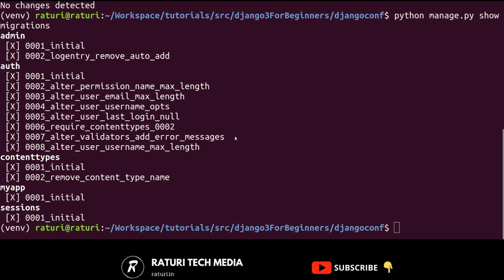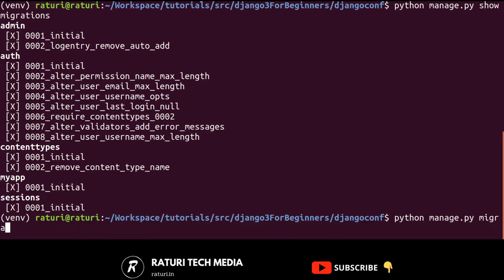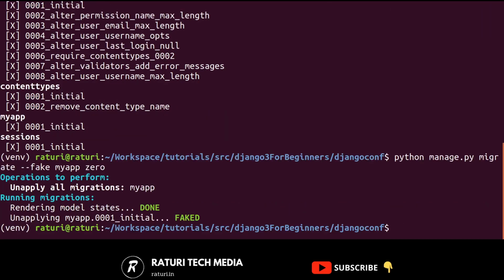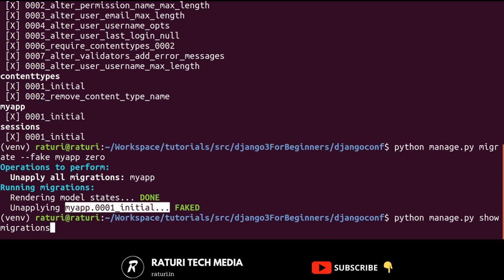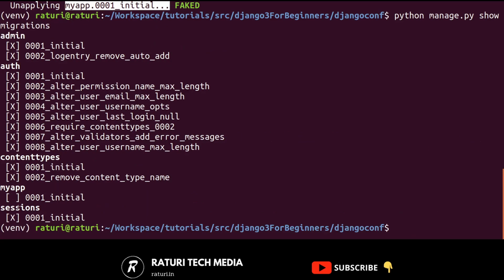Now let's remove the migrations using the command python manage.py migrate --fake, then the name of the app for which I want to reset the migrations, and then add zero. Okay, now as you can see, I'm applying this. Now again run python manage.py showmigrations. Here you can see that this migration is unapplied.